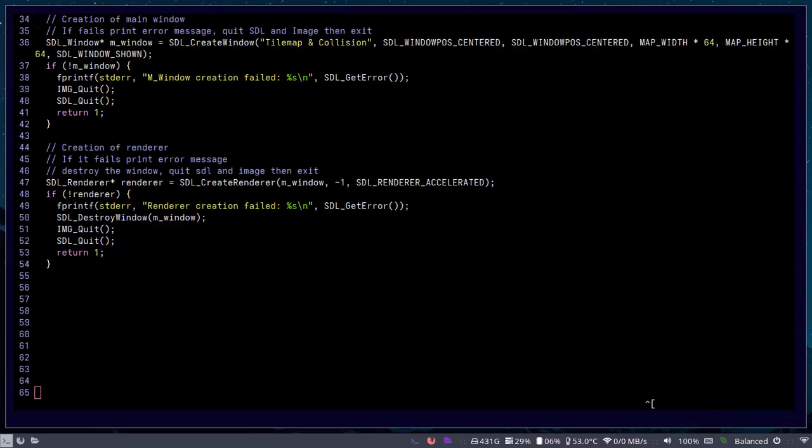For the creation of the renderer, the name of the renderer that we have is renderer. SDL_CreateRenderer will create a renderer for the window, which is m_window. We use -1, which means that we're going to use the available graphics driver that we have, and then we're going to use hardware acceleration, which means that we're going to use a GPU